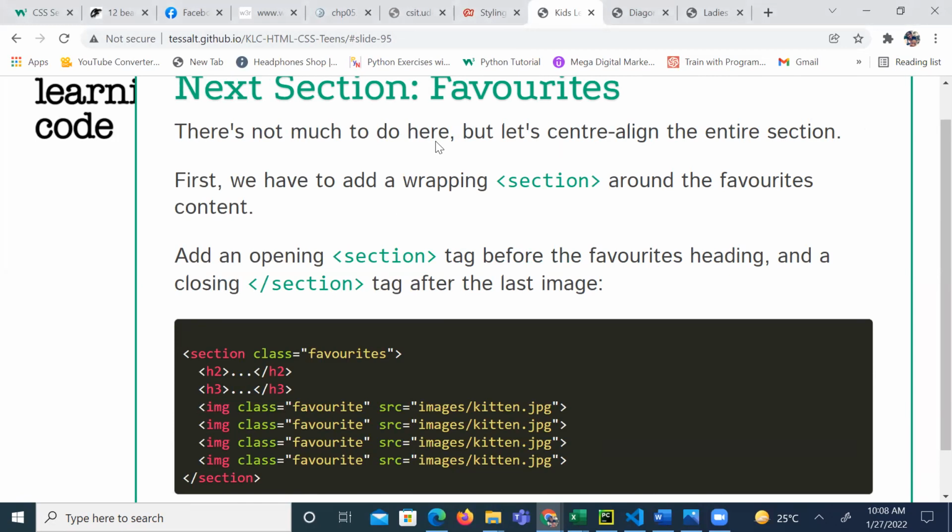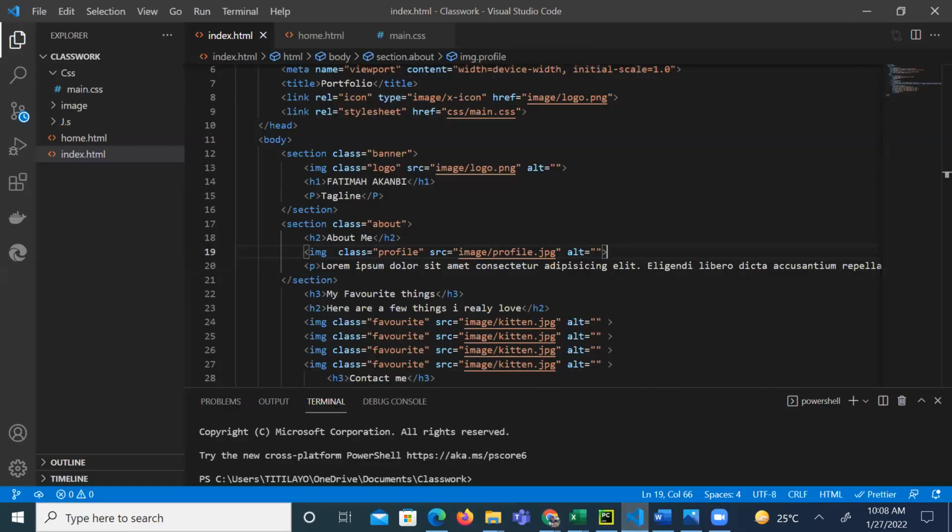In this favorite section, we'll put our H2, our H3, and all the images. So I'll show you. Your favorite thing here is supposed to be H2. Fatima, correct yours, because this was your code. This is supposed to be H2, and this is H3. So from this H2,